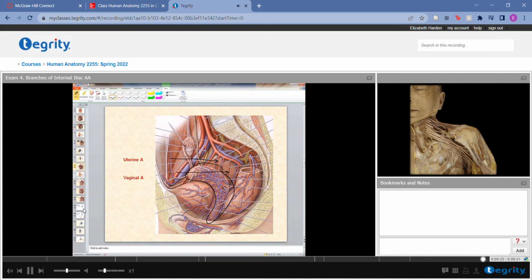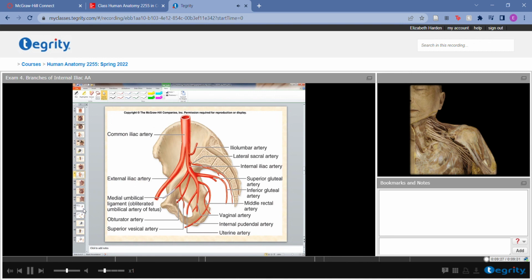Okay, so again, you're not going to have a uterine and a vaginal artery in men. Hopefully I don't have to remind you of that too much. So we already